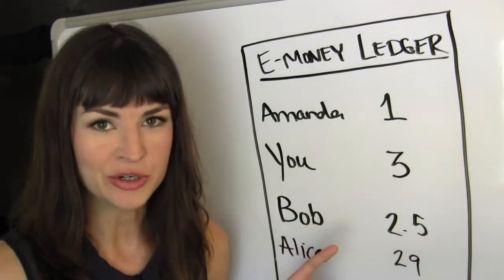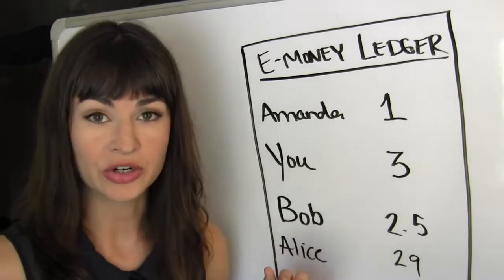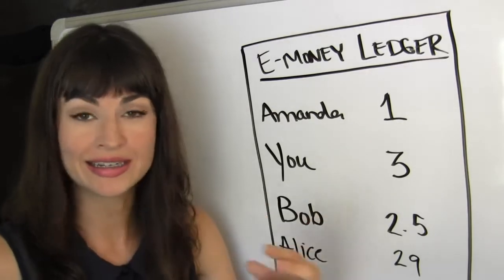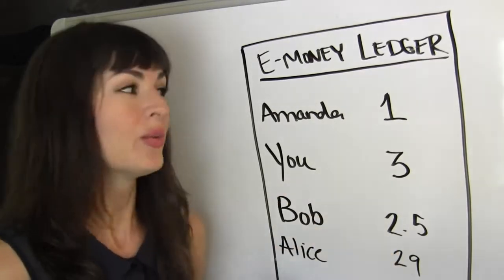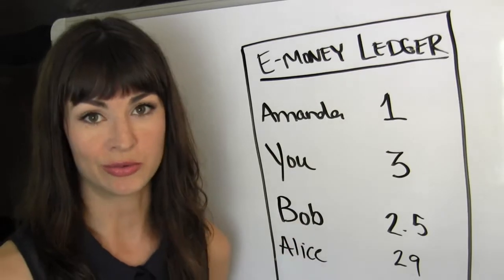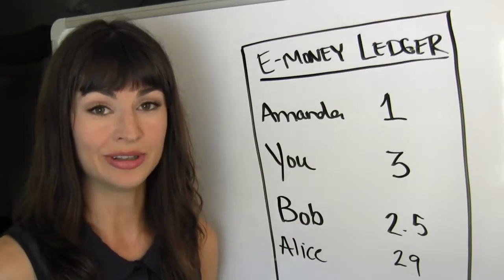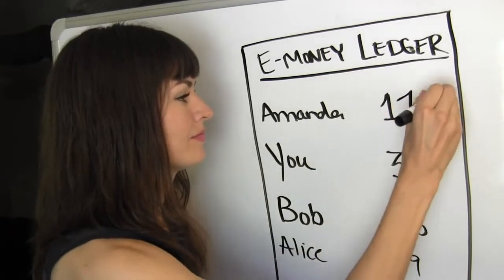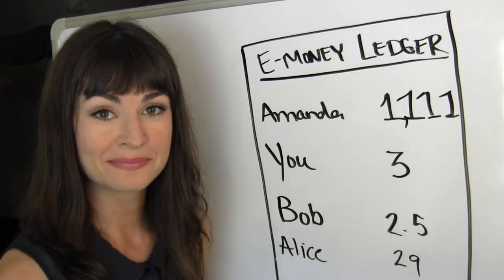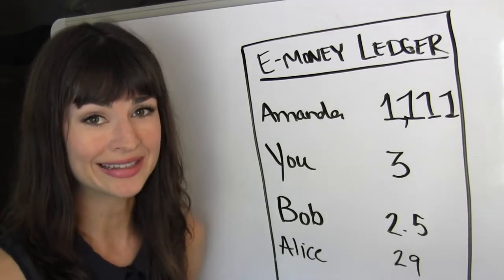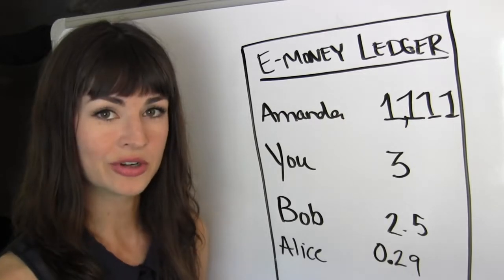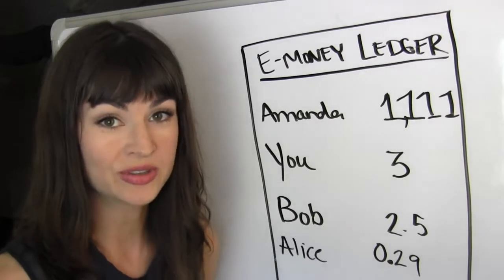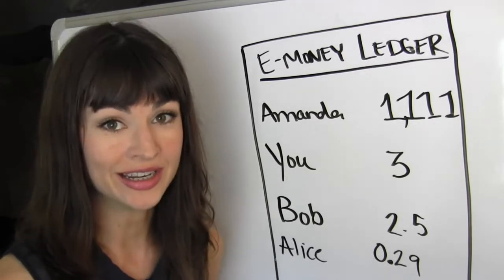Going back to this concept of a ledger, the most important thing we have to make sure of, to make sure that our monetary supply is open, honest, accountable, auditable, is that the numbers are trustworthy. How can we make sure, for example, that I don't do something like this? Wouldn't that be convenient for me? Or how do we make sure that I don't do something like this? Alice never should have crossed me. Well, the answer is that no one gets to change the ledger. They only get to update it.